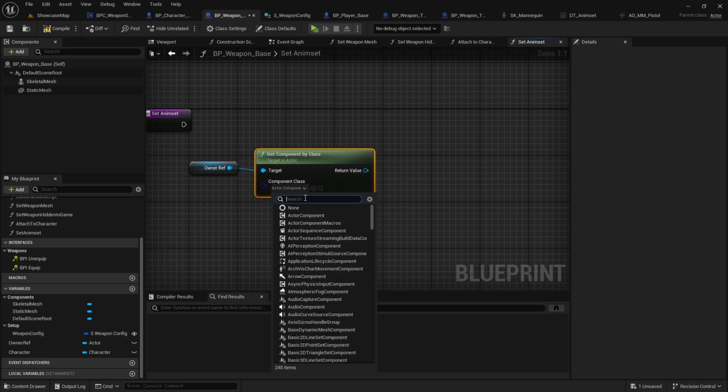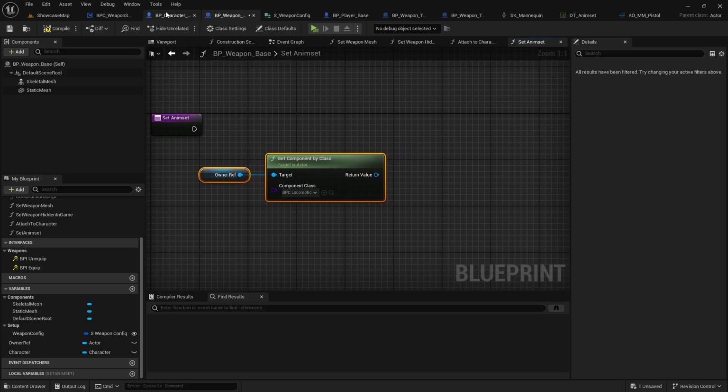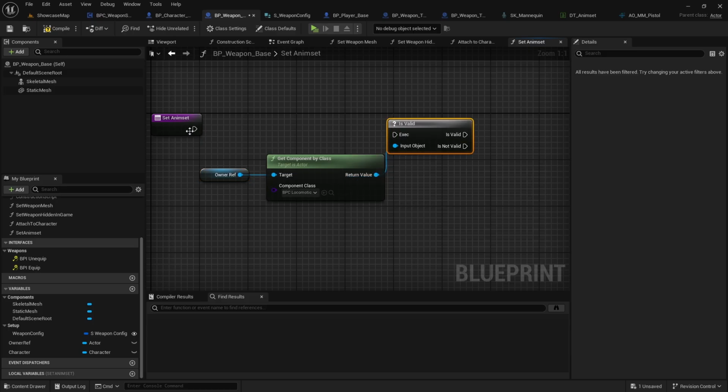The component should actually be the locomotion system component. So we take whatever locomotion system component this actor has, which means our BP character base or player base has, and if it is valid,